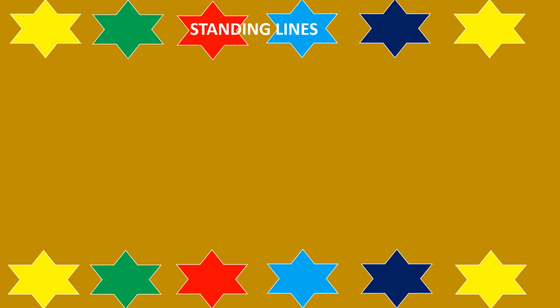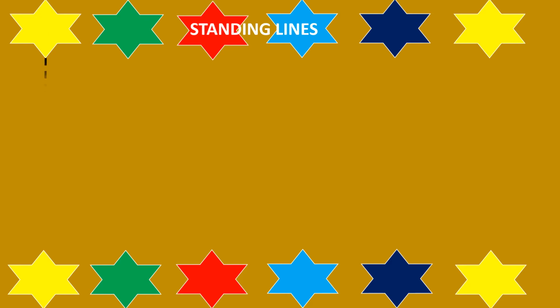Here we have some more stars. Now here I have made the stars colorful because kids love coloring and colorful things. So what the parents can do is draw some stars with colors and tell the child to match the yellow color with the yellow color, if the child knows green with green and red with red. So when they match the yellow star with the yellow star, automatically it will be a standing line, and kids will understand very well, okay, this is a standing line.